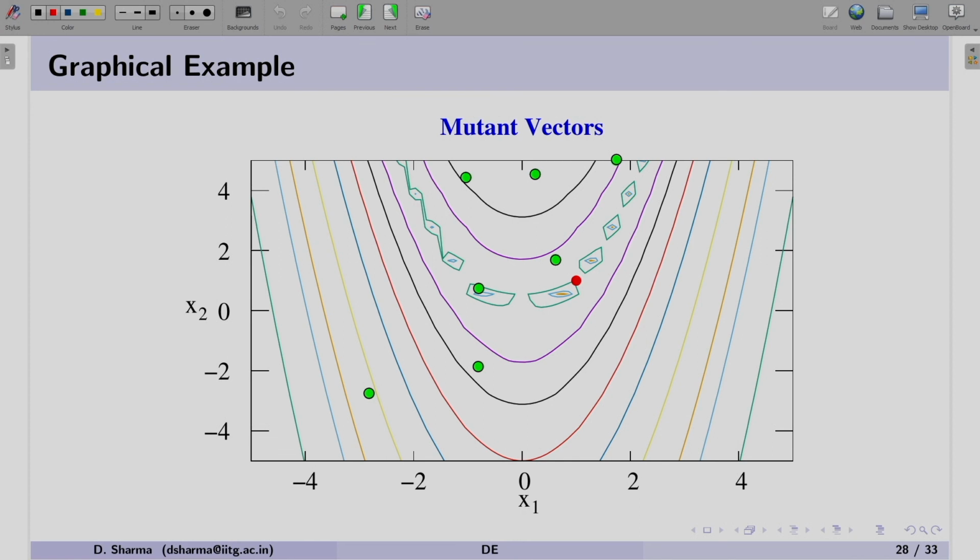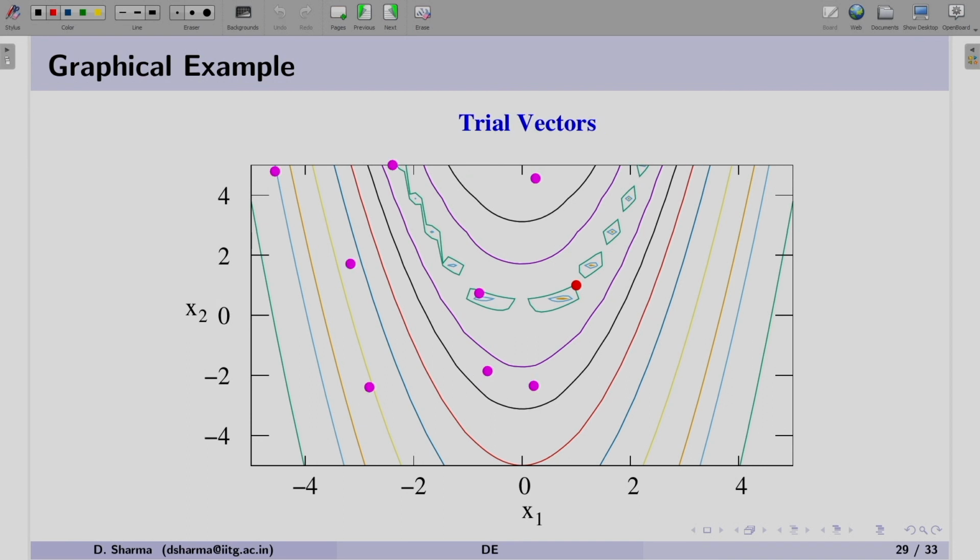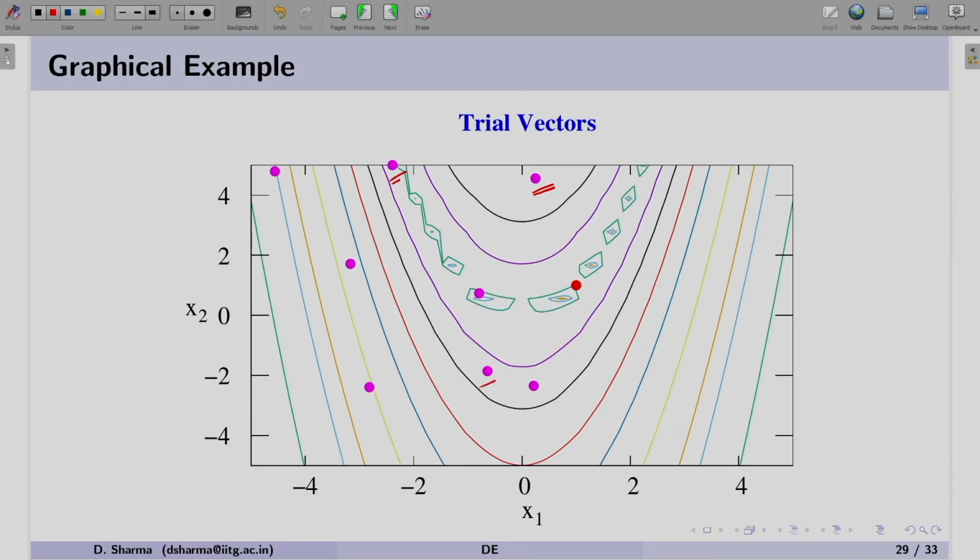Now, in the figure you can see that all the mutant vectors are shown in these green colors. They are generated using the formula that we know for mutation. After performing this mutation and creating the mutant vectors, now let us create the trial vectors. Following the hand calculations, we use the formula and the tables shown for the trial vector. The solutions are shown in the pink color, as you can see here. These are the solutions that are created after the trial vectors.